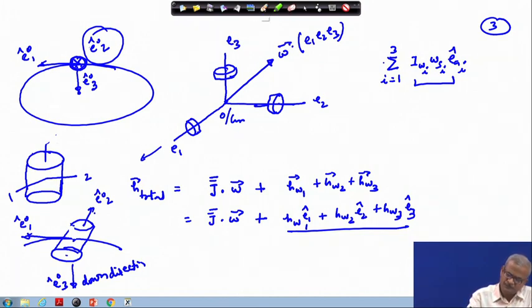So, 1 and this is the 1 and the perpendicular one, this is 3. So, we can show it like this, 1 and then